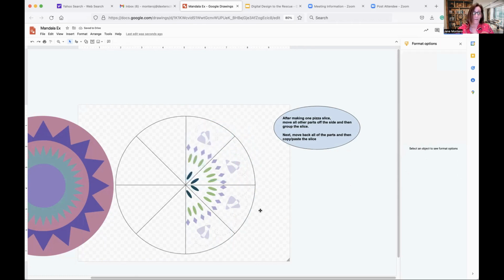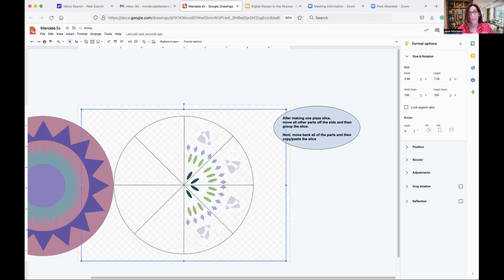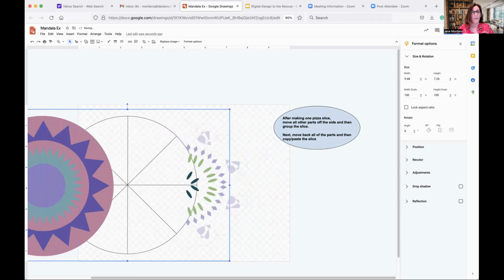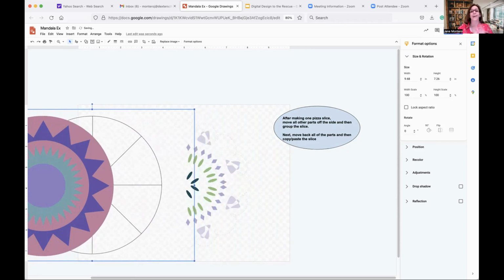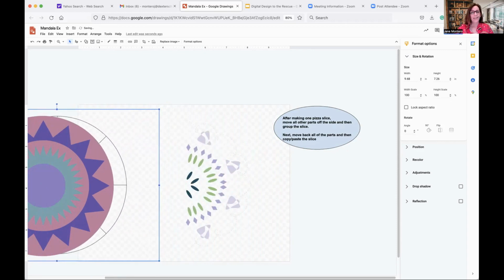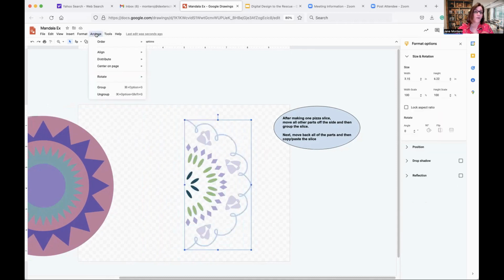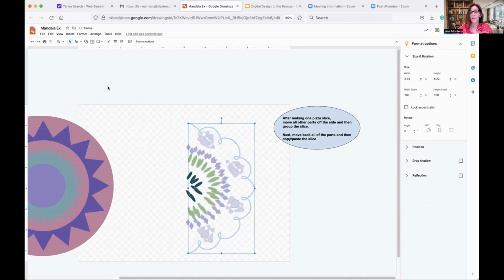Okay. Now, take your template, scoot this out of the way. And now all I'm left with are all of my pizza slices on one half. And because this needs to be symmetrical, what I'm going to do now is group these shapes, draw over them, go to arrange, and go to group. Now, Control-C, Control-V, flip it,